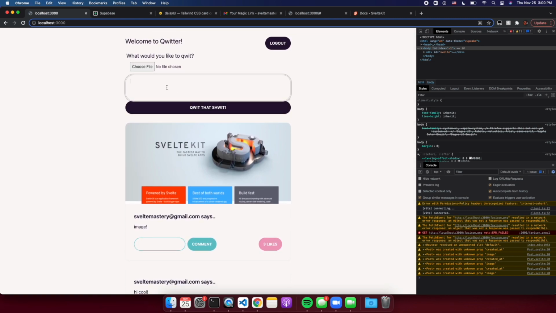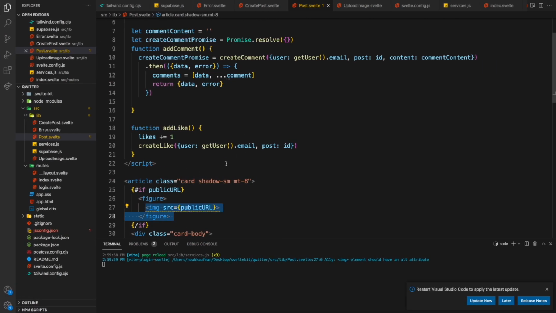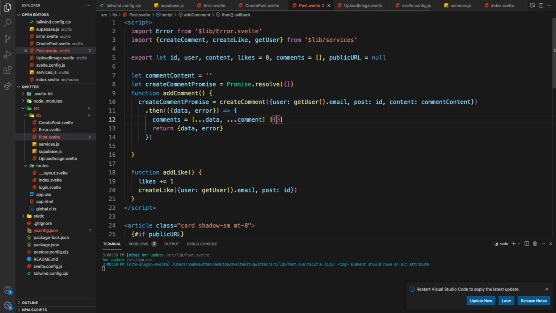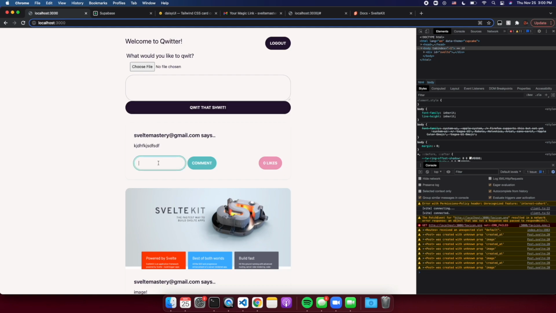Another thing you might want to do is, when I make a post, you want to see it immediately. So I tried doing that with comments. You have to have this dot then, but that's not working for some reason. Oh, I think it's because data needs to be spread like this. I think data returns a list, and then it's an object. So I think I just need to spread it like that. Let me see if that works, because you would have to do the same thing for